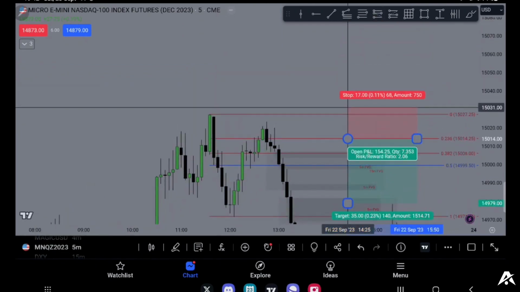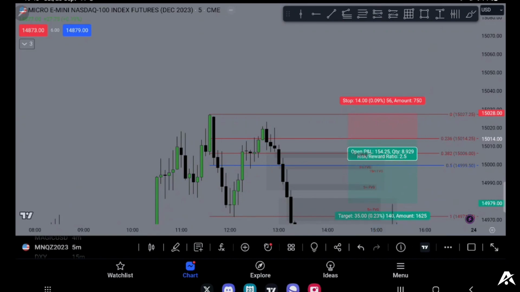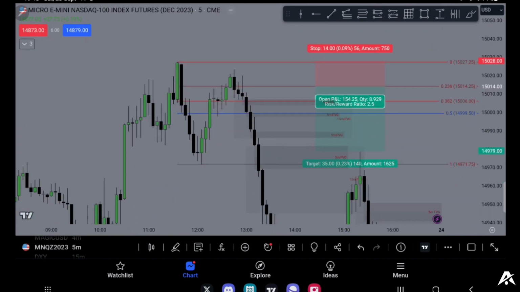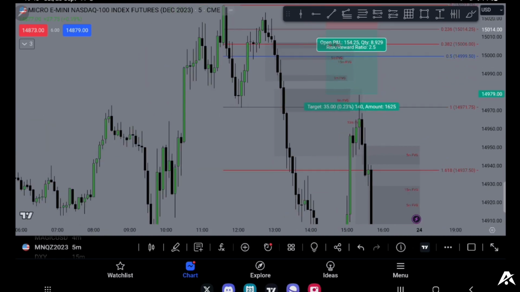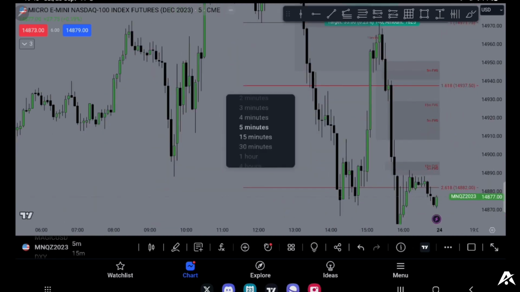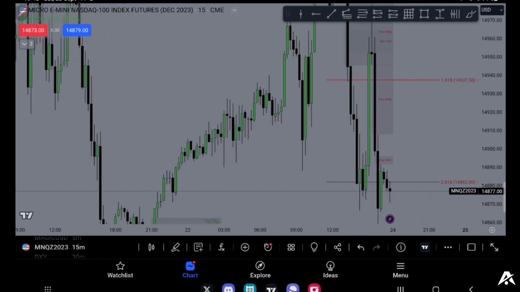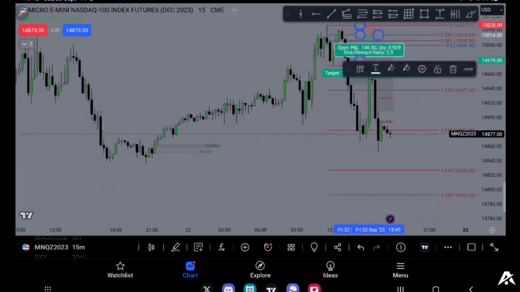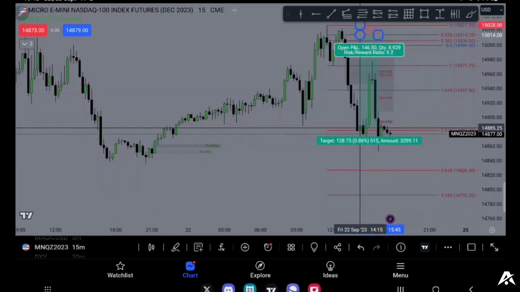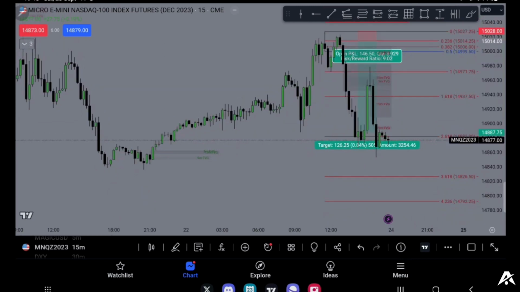How much of a stop loss would I have? 54 essentially, right? So there you go, 54, which is nothing. In contrast to what I want to target, if I just go towards the 15, generally to target, I would prefer going on the 15-minute time frame because that's where those structures are very much respected. So this is what I would target right here. 500 ticks, 9 risk to reward ratio for only,